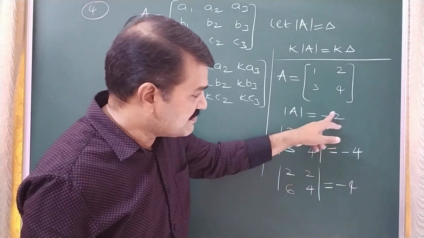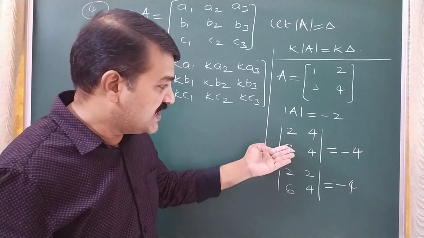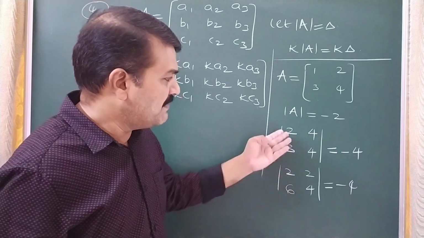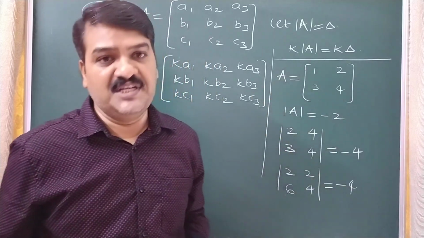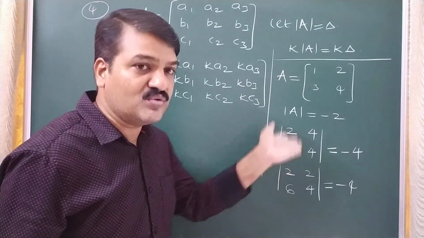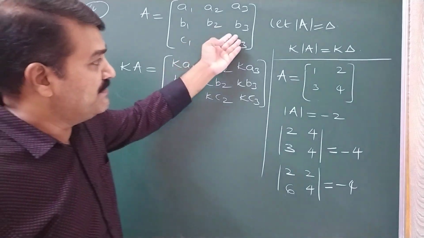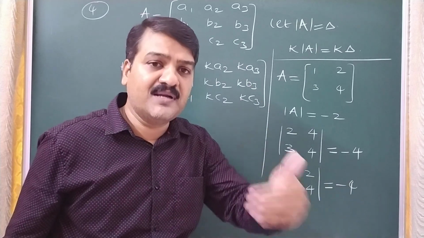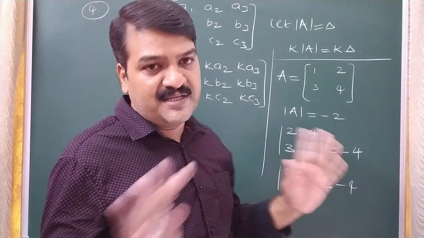So the determinant is multiplied with 2 means you can multiply 2 to the first row, you can clearly see, or you can multiply 2 to the first column. So if you multiply 2 with the first row or first column, anything, the determinant will be 2 times only. So the determinant will be 2 times when you multiply a row with 2 or a column with 2. Okay, the determinant will be K times when you multiply that with any one row or column like that. So which row you will multiply, which column you will multiply, that is your wish.